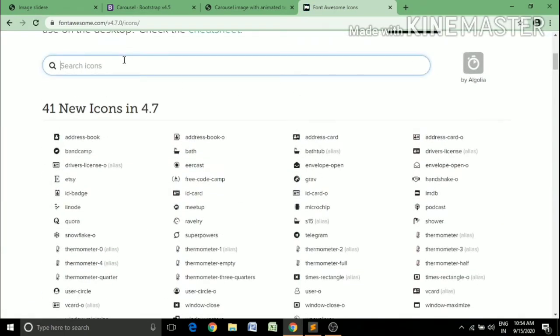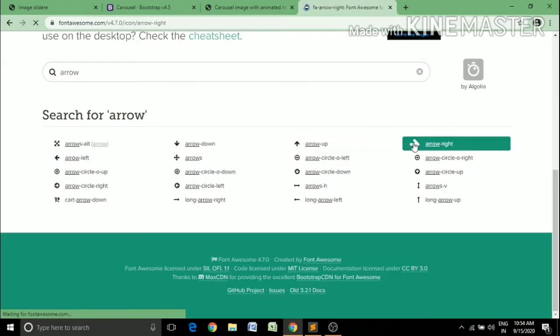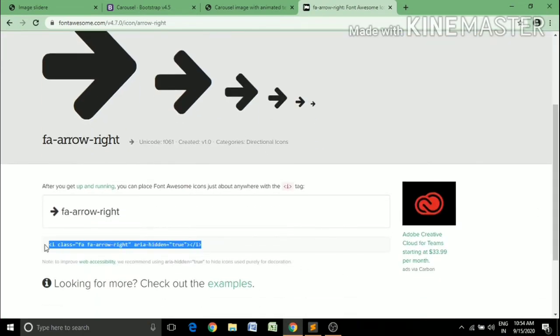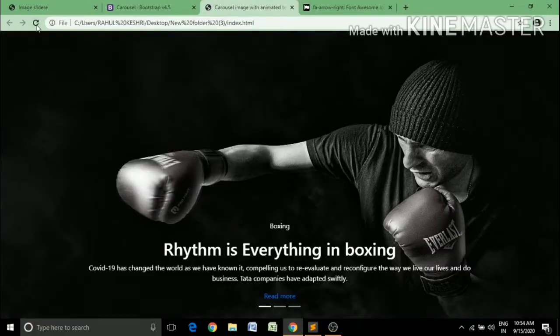Search arrow right. Now I'm going to copy it and paste it beside the read more. Okay, now when you refresh this page, you see that there is an icon.